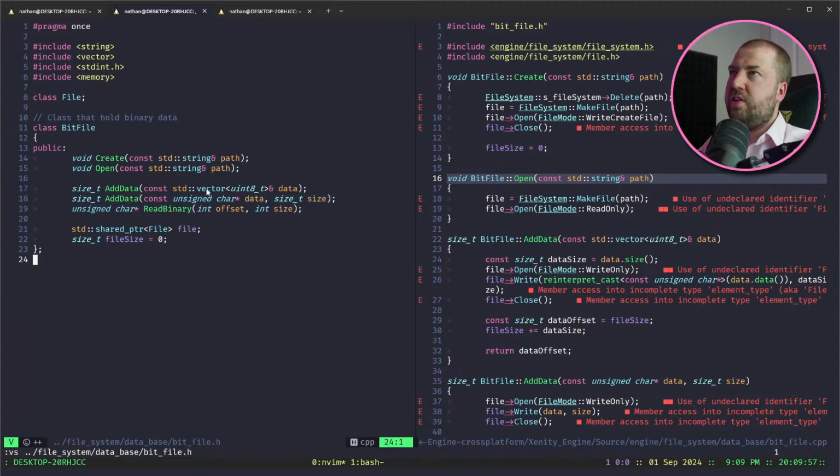So this is interesting. You've got create and you've got open and you've got add and you've got read and you've got a public file. I feel like this class here could maybe do with a little bit of a refactor,